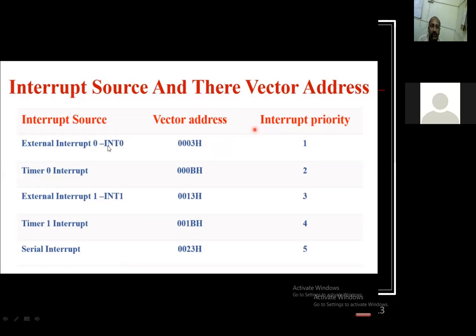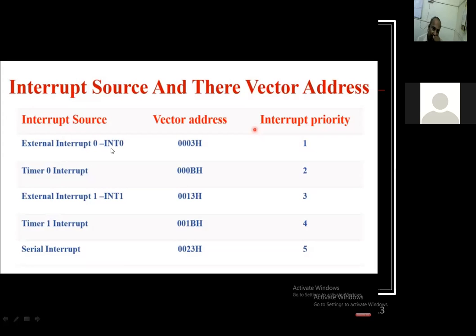First priority is for INT 0, that means external interrupt 0. Second, timer 0. Third, interrupt 1. Fourth, timer 1. And last is the serial interrupt.